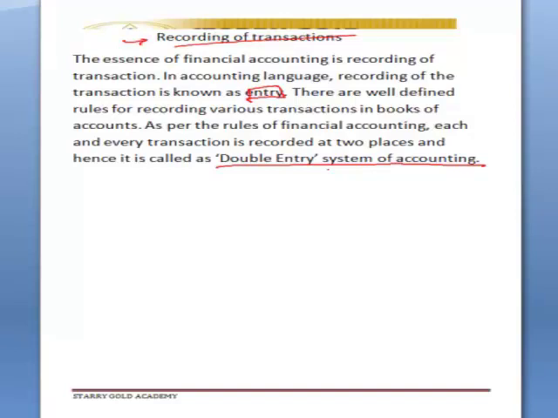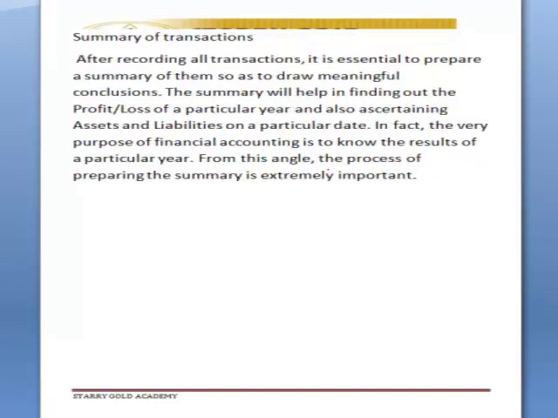So we move to the next, a summary of transactions, so that we can present what we call a financial statement. A financial statement comprises the statement of profit or loss account, or what we call the comprehensive statement of profit and loss account and other incomes. It comprises the statement of financial position. We'll be coming to financial statements. What is a financial statement? The summary of transactions.